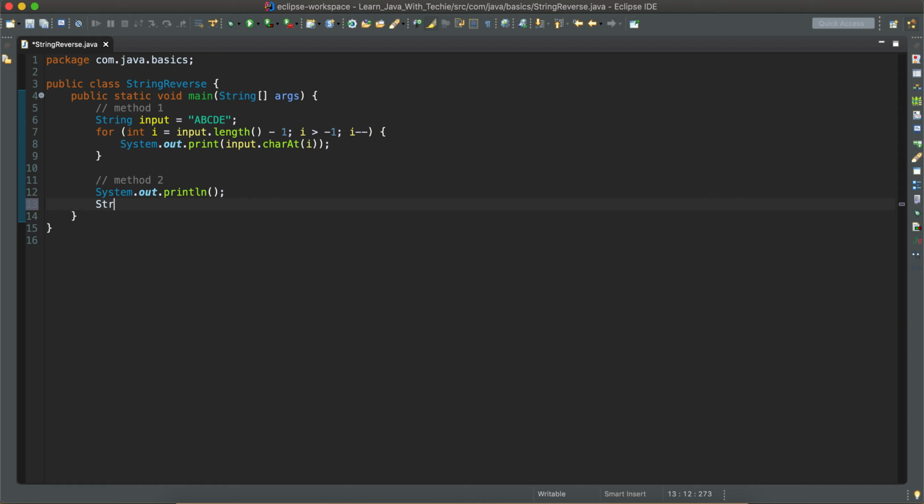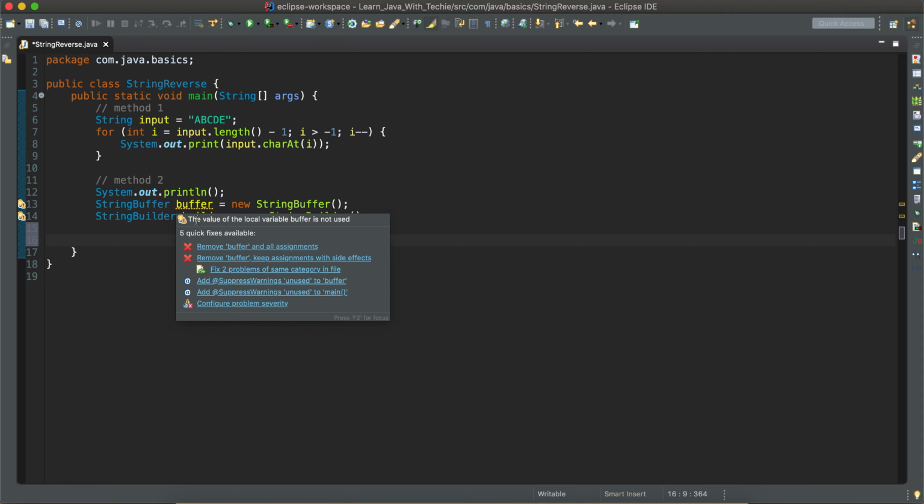I'm going to implement it in both ways. I'm going to name it buffer equal to new StringBuffer, and I'm going to create a StringBuilder. Yes, we have created an object of StringBuilder and StringBuffer. Now I'm going to set the input value A, B, C, D, E to both buffer and builder.